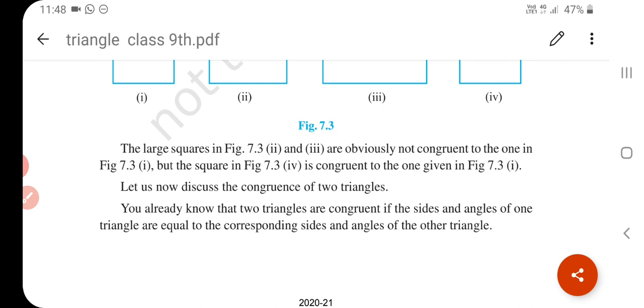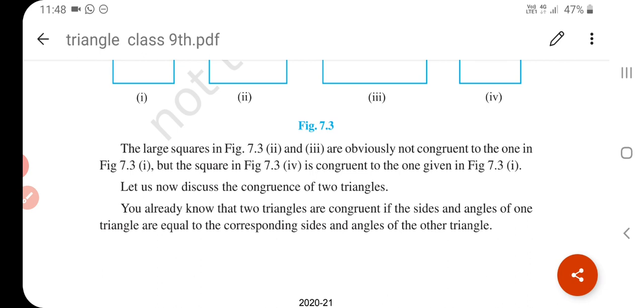Okay, understand. In previous classes we have studied the triangle and its various properties, such as the angle sum property of a triangle and the exterior angle property of a triangle, and we will study the congruence of triangles and their rules, along with some more properties of triangles and also their inequality. In a triangle, we can classify according to the length of the sides and according to the measure of the angles.